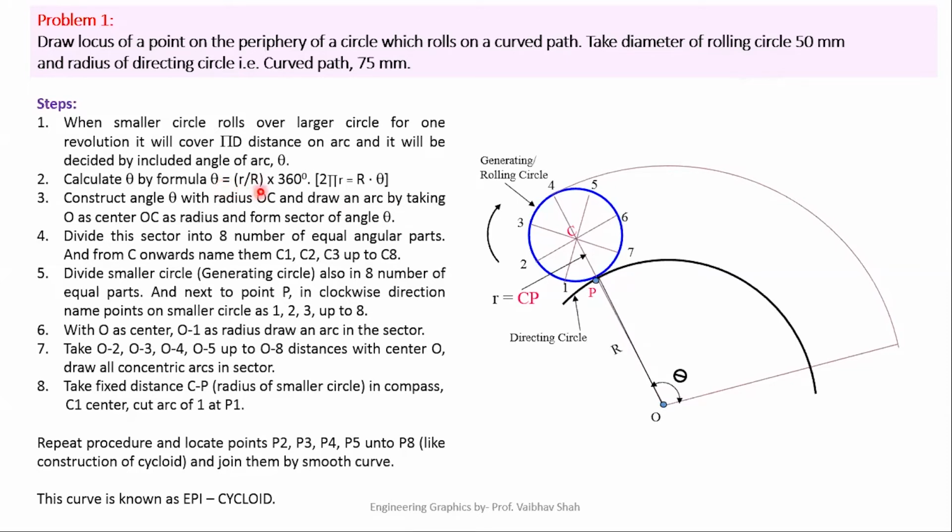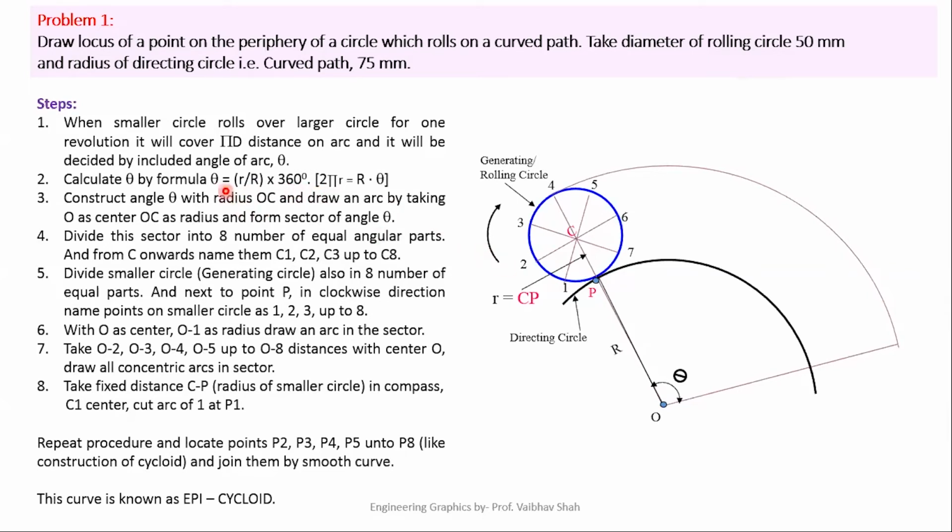Now your question would be, sir, why have we changed from 2 pi to 360 degrees? The answer is, we must find theta because we have a device known as a protractor, and a protractor can only measure angles in degrees. So we have to convert this 2 pi into degrees for our further usage. This is the reason why we are converting 2 pi into 360 degrees. So now let us move to the next step.